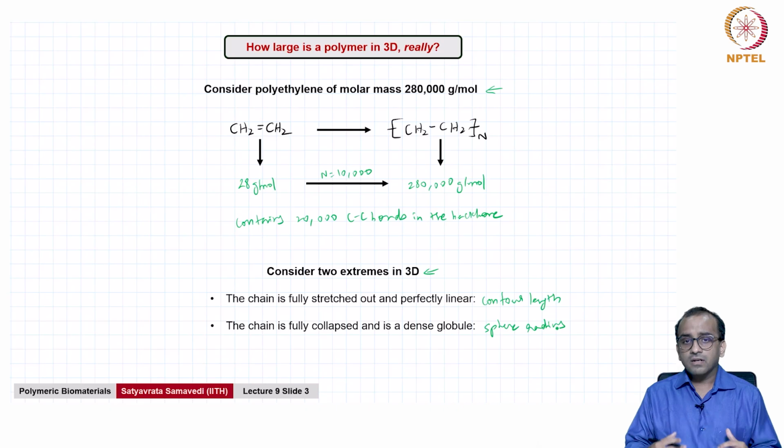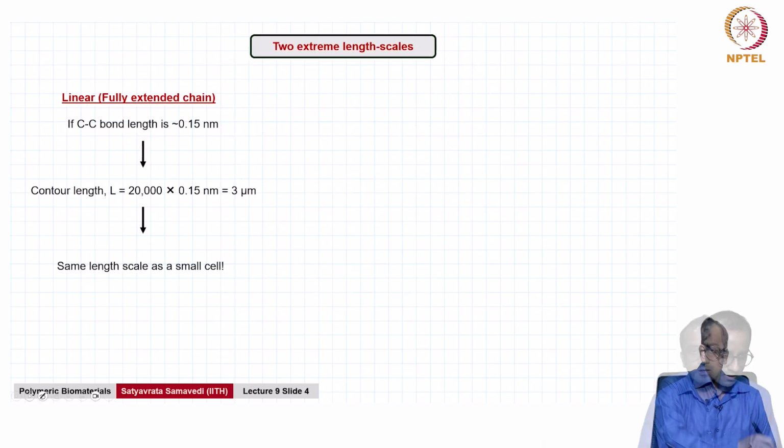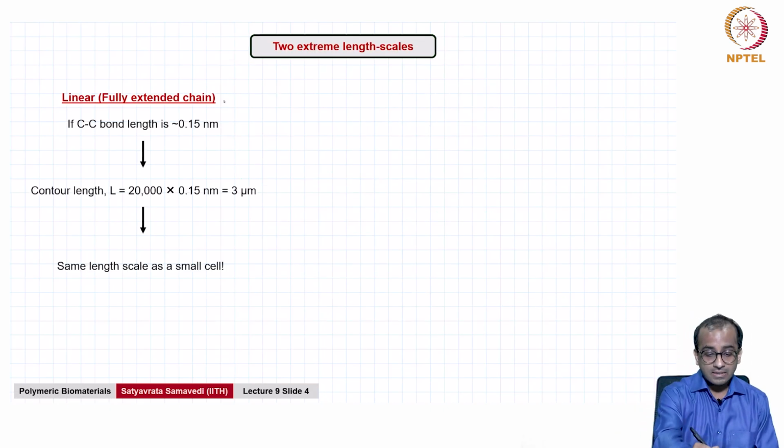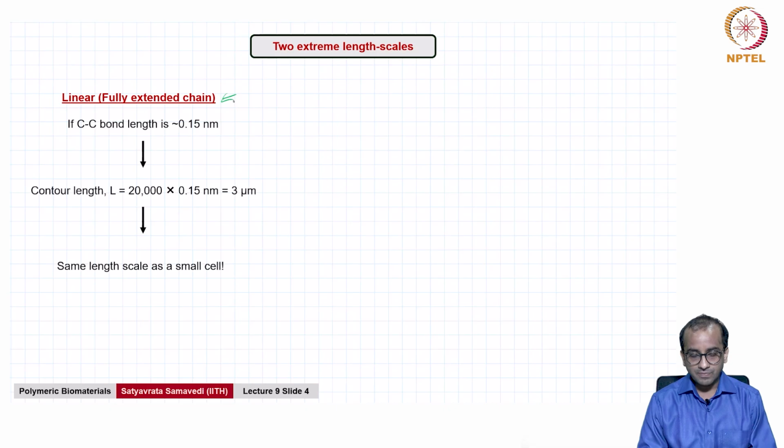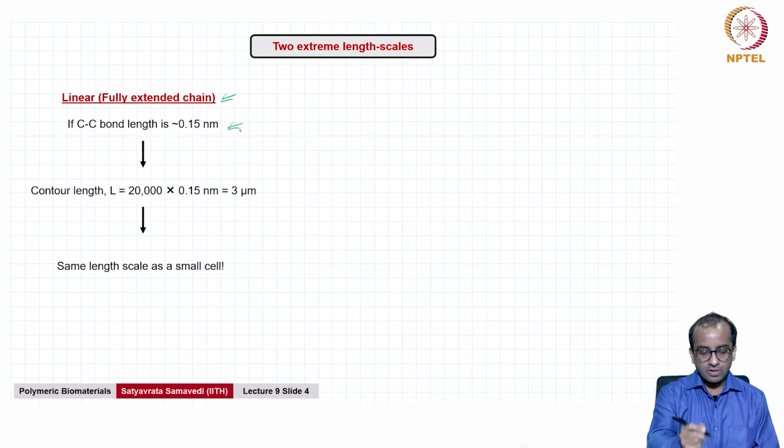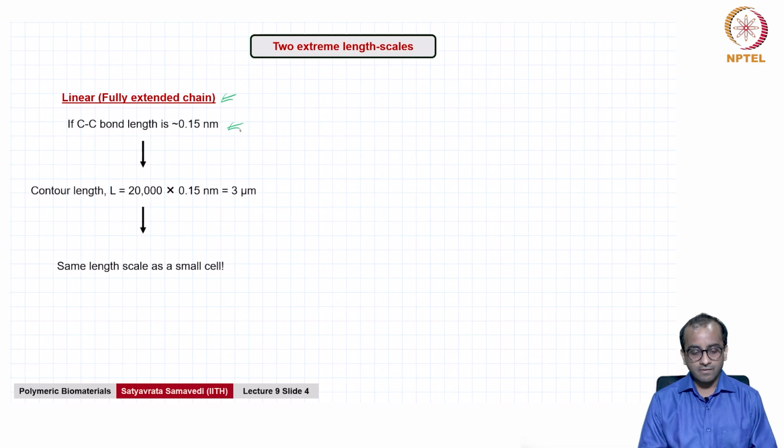Now, let us dig a little bit deeper and ask, can we come up with some numbers, some quantities that can describe both contour length and this sphere radius and try to understand what the differences in these extremities are. So, we will first begin with looking at the linear or the fully extended chain. Now, there is an easy way for us to approximate the size of this based on the length of the carbon-carbon bond. So, if you approximate the carbon-carbon bond length as being roughly about 0.15 nanometers, which is an approximation,